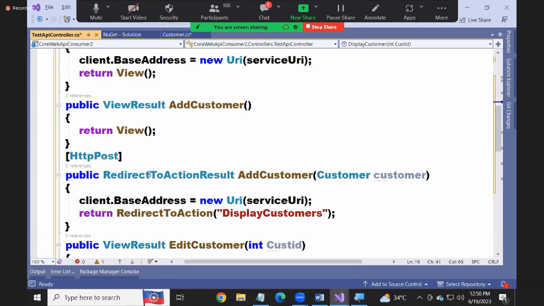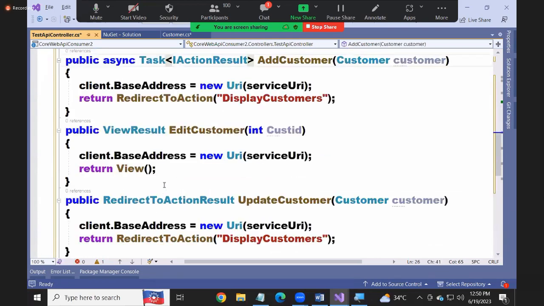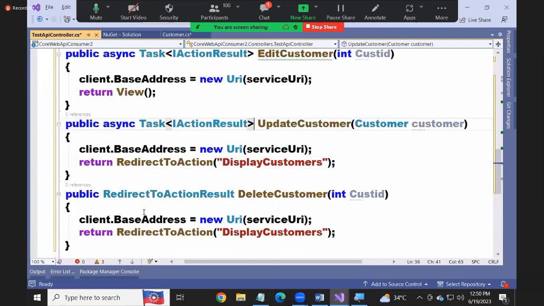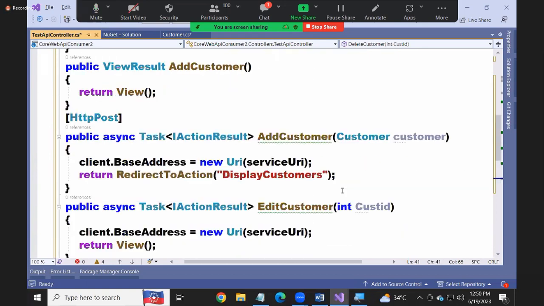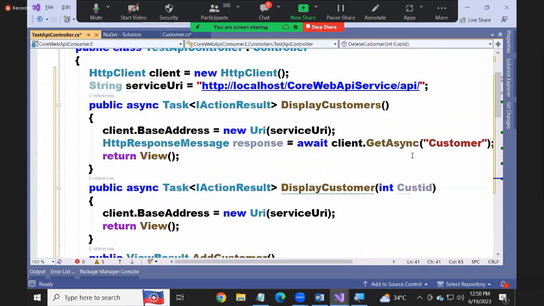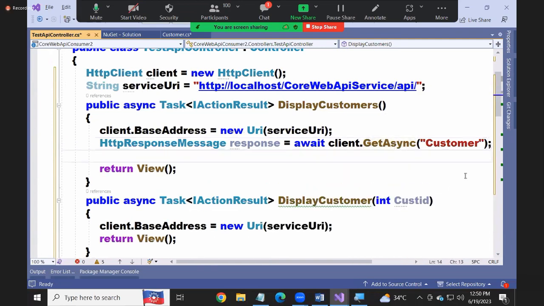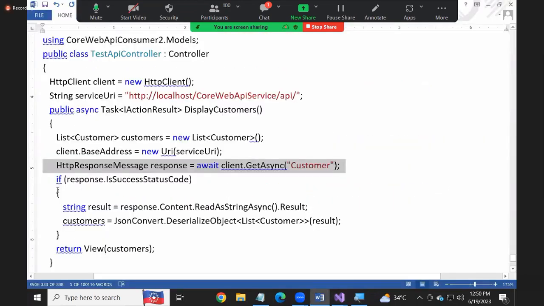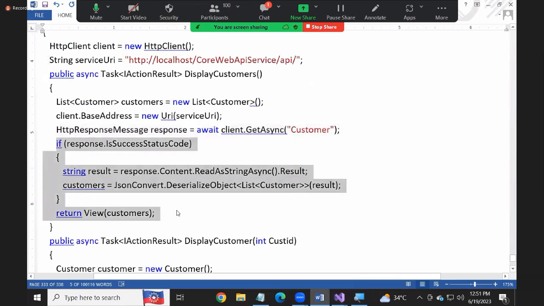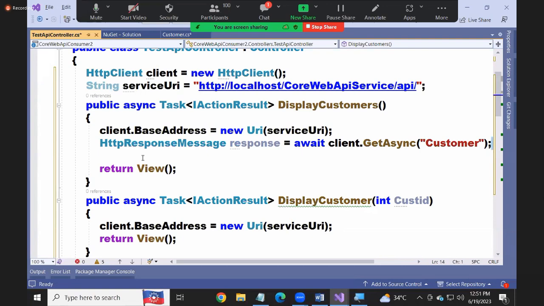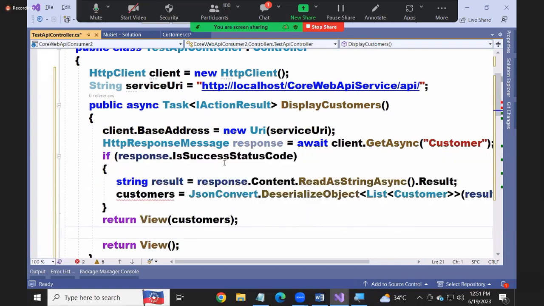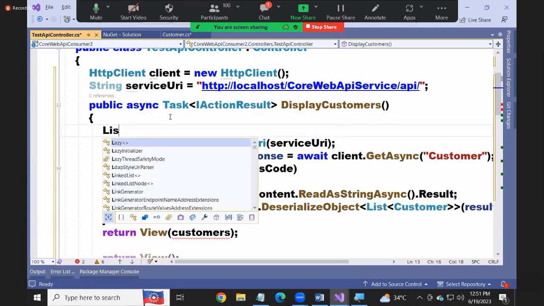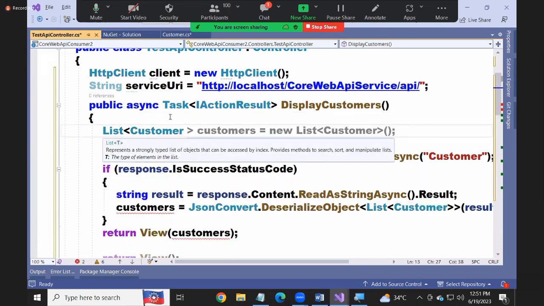Not for add customer. Why? Add customer is not going to call any method. See, if you write it there, no issue, but it is not required. I will change all these things now. Next, the GetAsync method will get you the data, will get you the response. If the response is succeeded, guys, watch. If the response is success, I need to convert the data into not customer, but list of customers. So first, list of customers